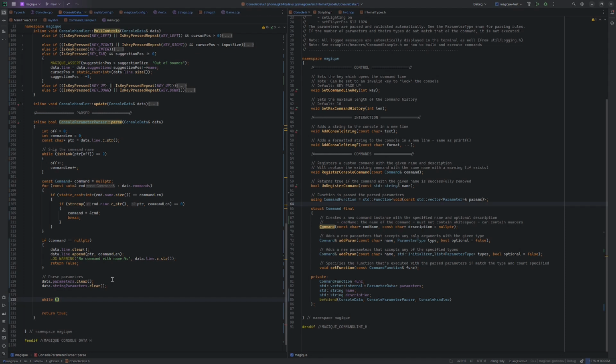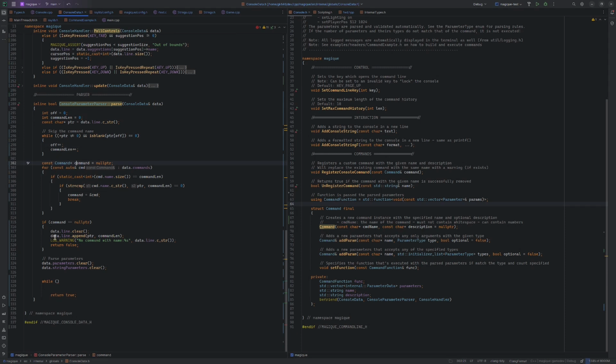Then while pointer, I have to check. Okay, so while pointer is valid and